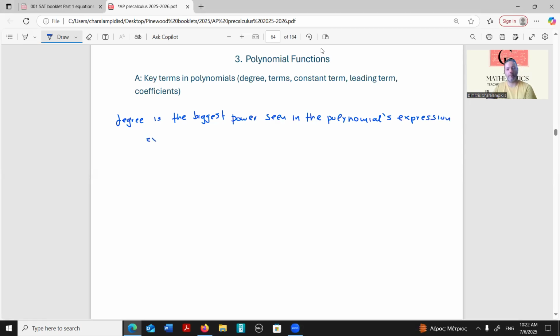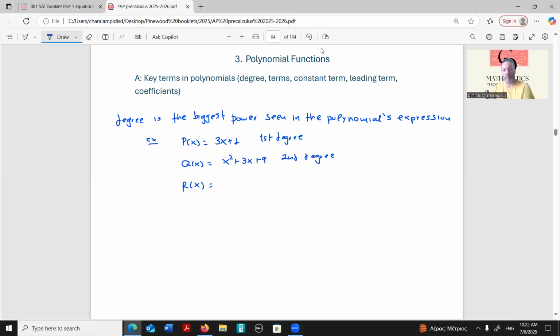For example, if we have the polynomial 3x plus 1, this is a polynomial of first degree. If we have another polynomial x squared plus 3x plus 9, this is called second degree. A third polynomial, you see